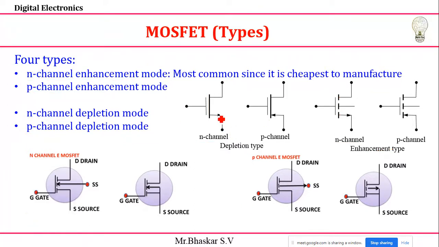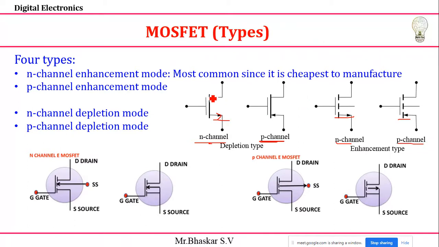Here it is the direction, you can see at the source the electrons are moving outside, and here the electrons are moving inside. If the arrow is moving outside, toward the source, then it is N channel. And here it is moving inside, so it is called P channel. And here is the same symbol: outside means N channel, inside means P channel. These are the symbols of your MOSFET, you should remember.